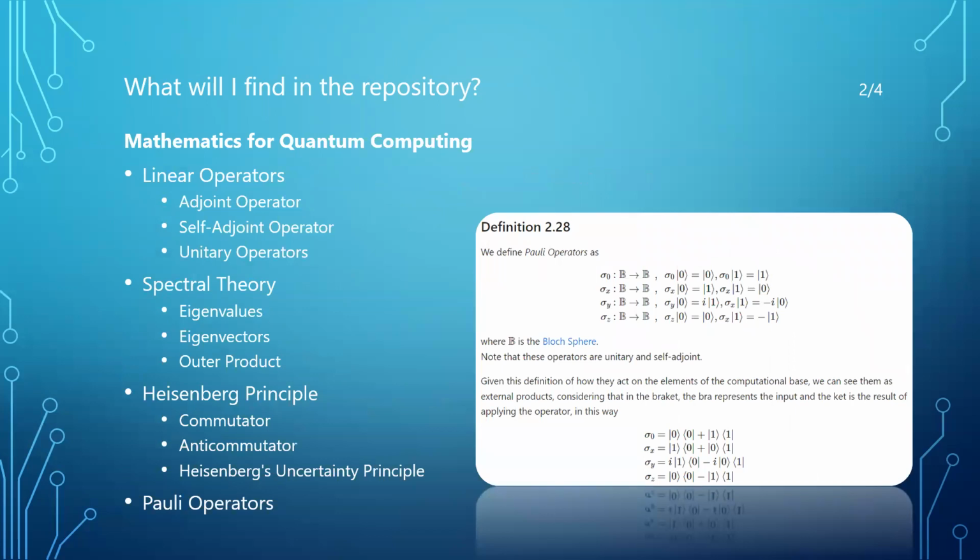Next, some concepts that are associated with linear operators are presented, such as adjoint operator, self-adjoint operator, and unitary operator. Also, in the spectral theory notebook, the reader will see that eigenvalues are in fact elements of something called a spectrum of a linear operator. They will also learn what the multiplicity of an eigenvalue is and why it is important to have that in mind.